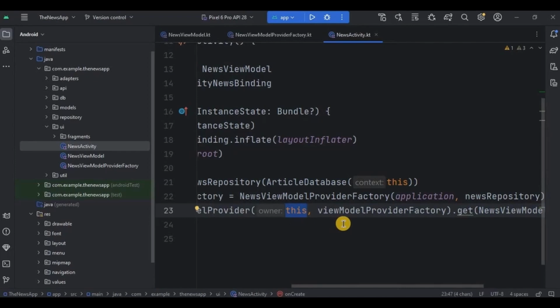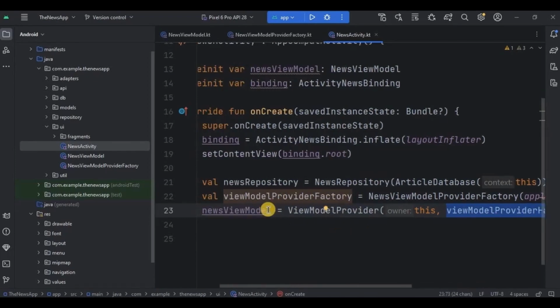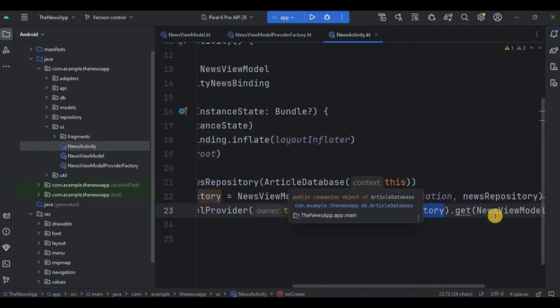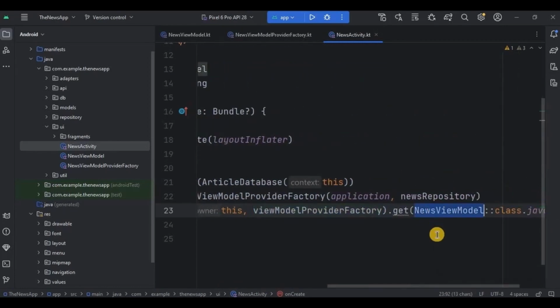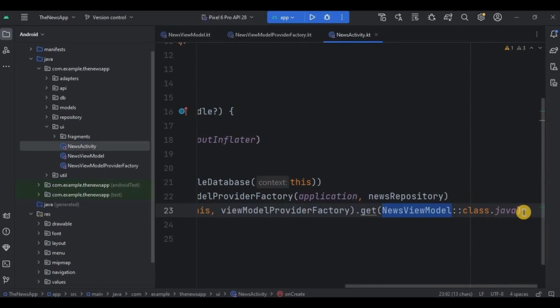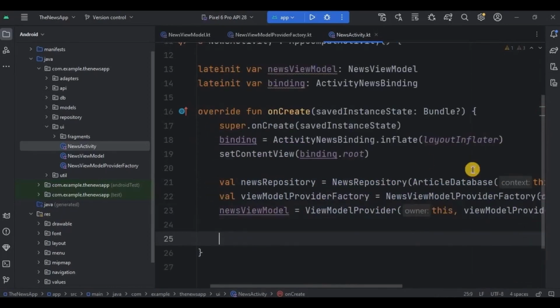Then this parameter indicates the news activity itself. And then ViewModel Provider Factory is used to create the instance. And that's where we specify the class of ViewModel we want, that is our news ViewModel. And that's it. Basically, this setup ensures that news ViewModel is created with the appropriate dependencies such as news repository